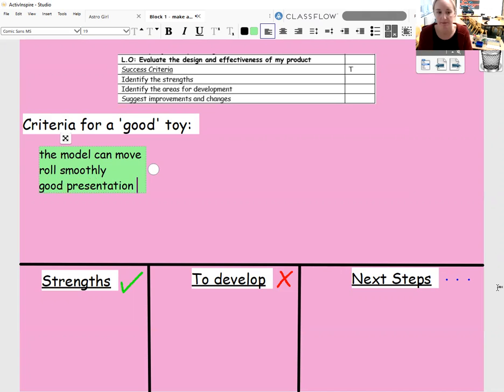So good presentation. Okay, so that's talking about, this is something I definitely want to improve on mine, is you know, like sticking the tape down. Does it look nice? Does it look like a product you'd want to buy in a shop? I'm going to put here the joins are